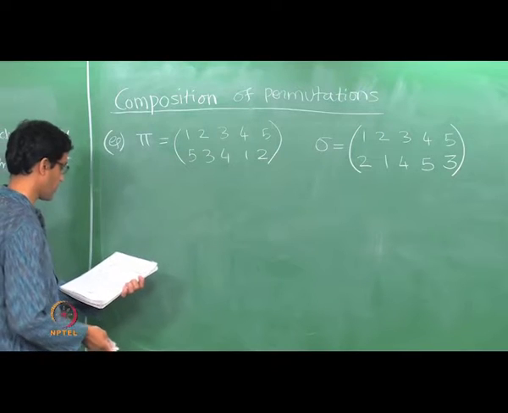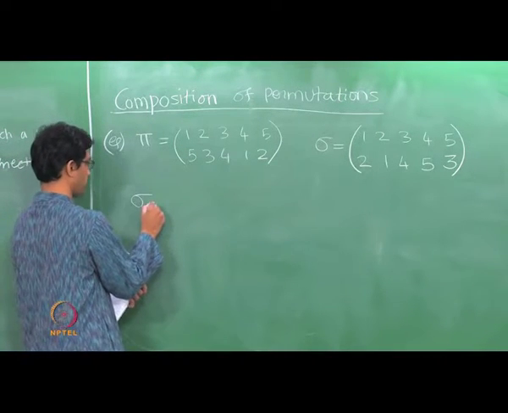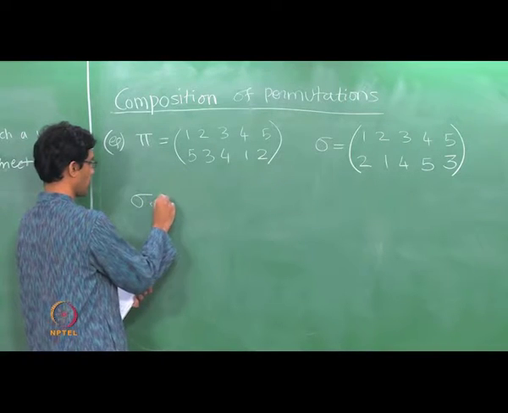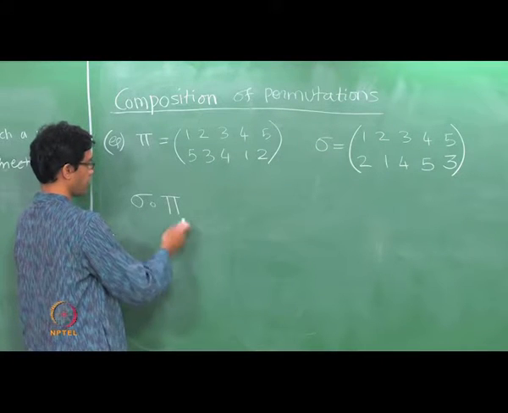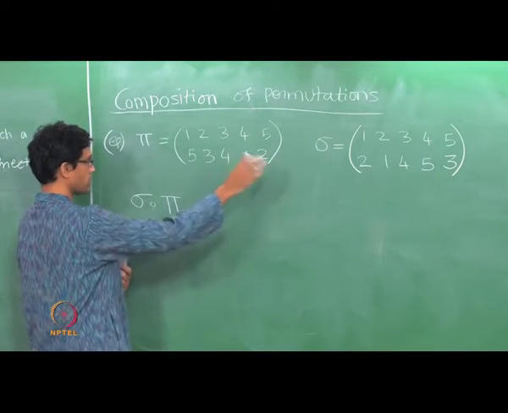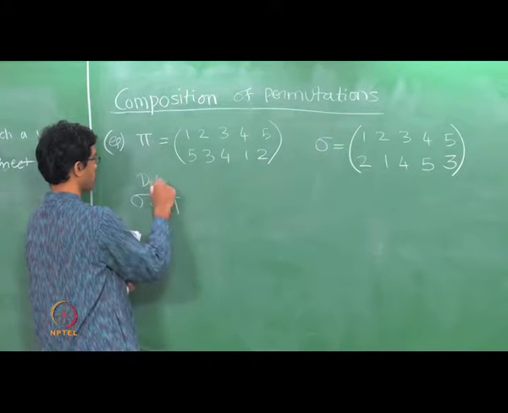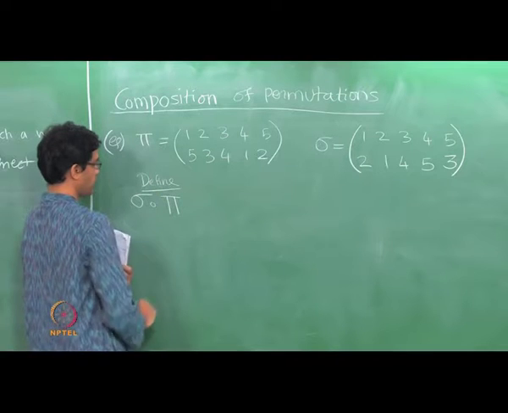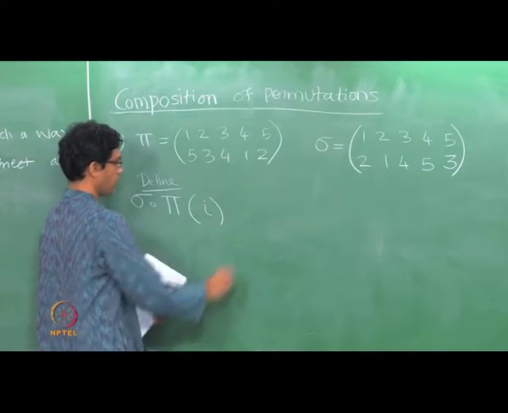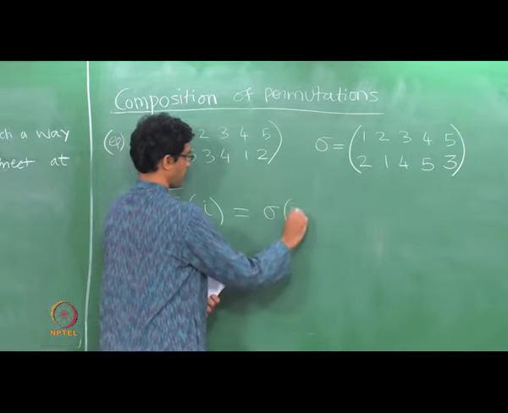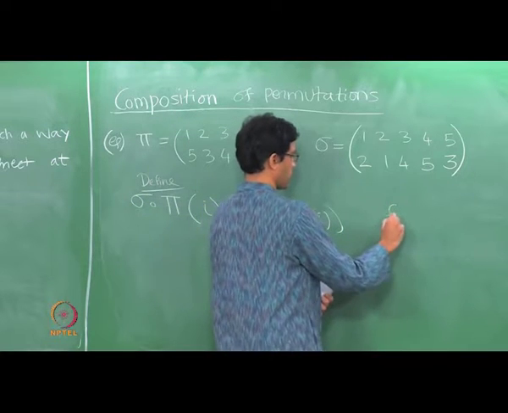Now what is sigma composition pi? Okay, so here is a new operation. It is a way of generating yet another permutation. So let us call it sigma circle pi or sigma composition pi. So what is this defined as? Well, it is a new function which is just the composition of these two functions. So sigma composition pi is defined as follows. So define a new permutation as follows. How do you figure out what this does to I? Well, this is just sigma of pi of I. So this is just the usual notion of function composition.